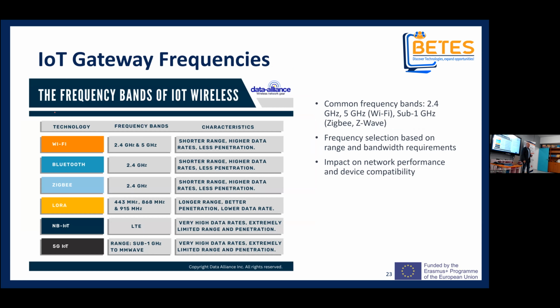So IoT gateways, in what frequency they work, it depends on our own device. So our watch, for example, it has Bluetooth. So our gateway could possibly have Bluetooth in order to act as a gateway. And some sensors are for smart home, they are Wi-Fi sensors. So our gateway should have Wi-Fi. Okay, I'm talking about Wi-Fi and Bluetooth because these are the most typical things you will find in